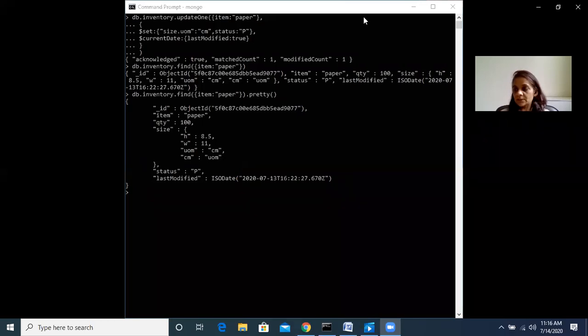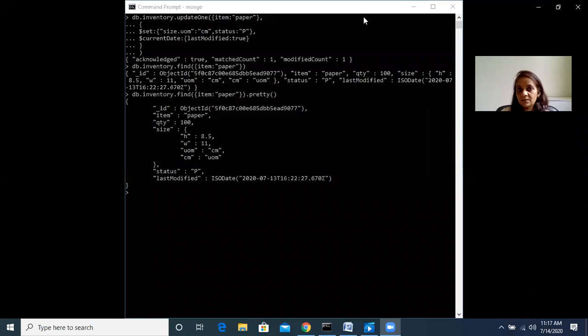It uses the currentDate operator to update the value of the lastModified field to the current date. If the lastModified field doesn't exist, then currentDate will create that field. Now remember one thing, whenever we are updating the value, the set operator will update if the field already exists.